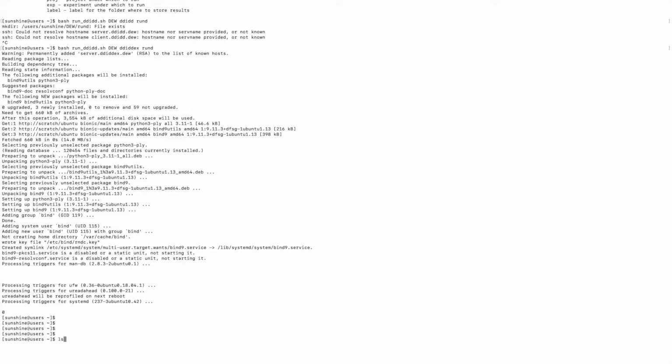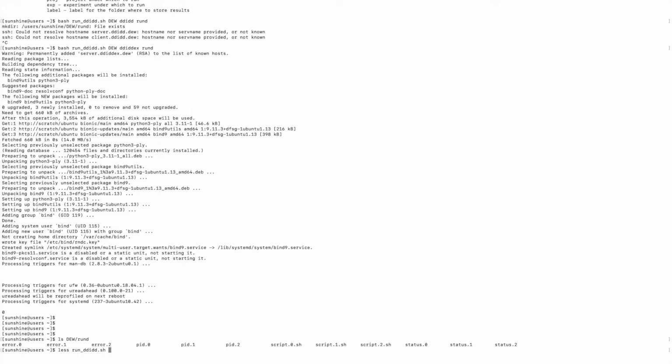We can take a look at the logs. Logs will be in the DO directory in the folder with the label I specified, which is rund. And you can see that there are certain status files. They will tell me the status of the commands that completed. There are certain script files. From them I can see which command was run at which time, or I can actually see this from the run-ddid